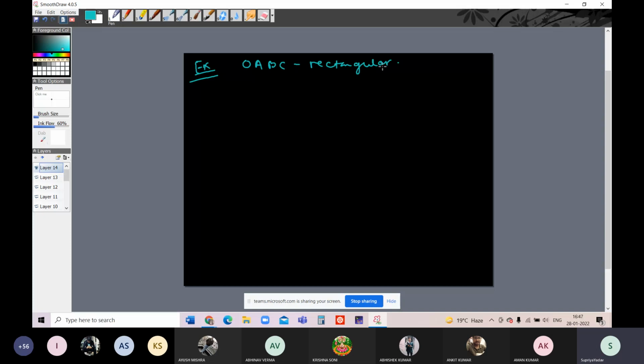This is a rectangular region with vertices O is 0, 0, A is 1, 0, B is 1, 2, C is 0, 2. We define in Z plane. Find the image of this region